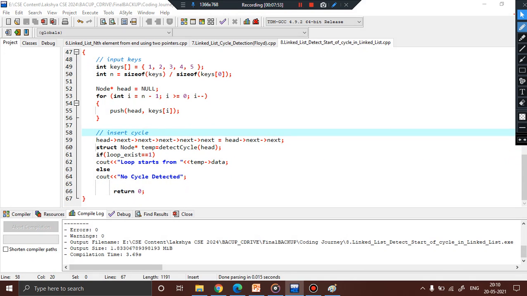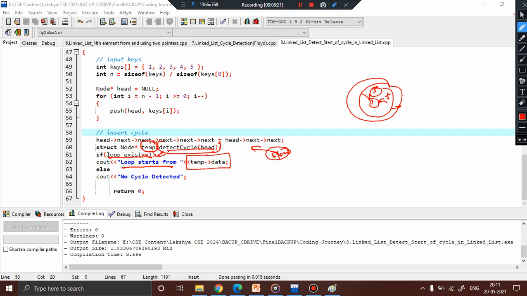So here it is. If loop exists equal to 1, meaning we know that the loop exists, then obviously we should have the starting and the ending point. So temp data, and what is temp? Temp is a pointer I have declared which will store the address returned by the detect cycle function. The detect cycle function will return the address of the slow pointer, where both the slow and the fast pointer met. That particular address will be stored in the variable temp. Temp data will give the value of that particular node, right? So if I just execute this particular problem,